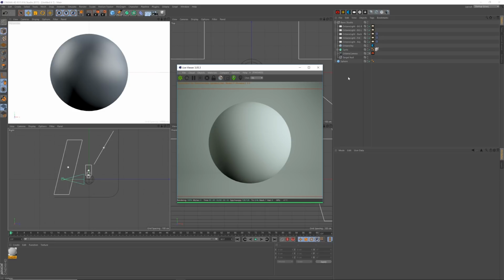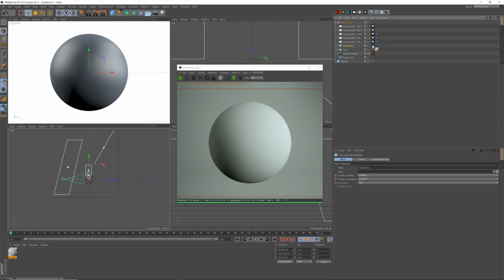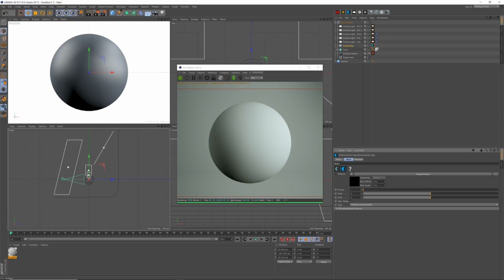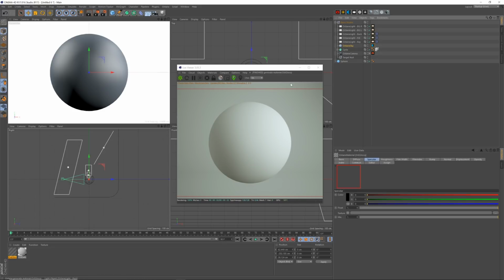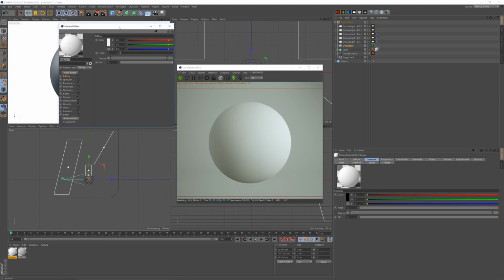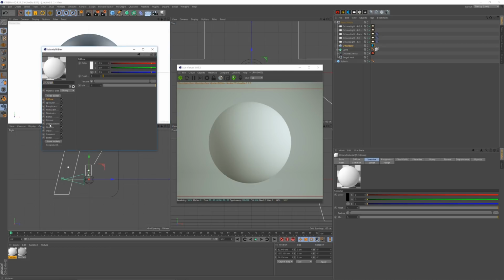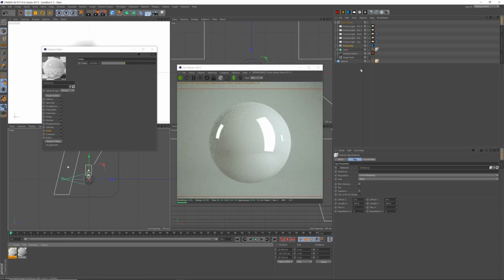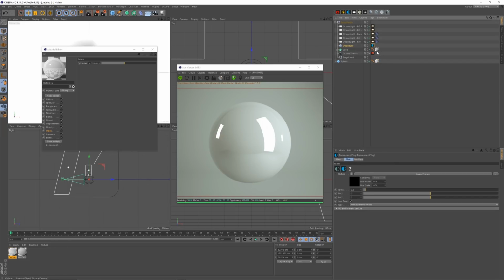Also, if you want to load, let me put this back to 0.2. If you want to load an HDRI, so just say I have a glossy, let's make this really glossy, select index, put this right up, I'll drag this to my sphere, so I've got a glossy material. If I want to get some reflection, we can see already the studio floor is reflecting in this sphere, but I can come to Octane Sky,